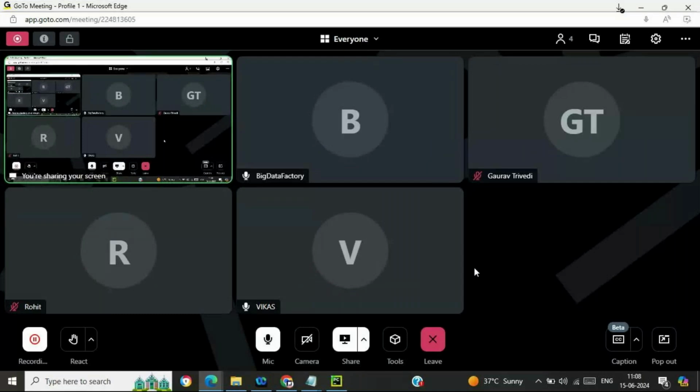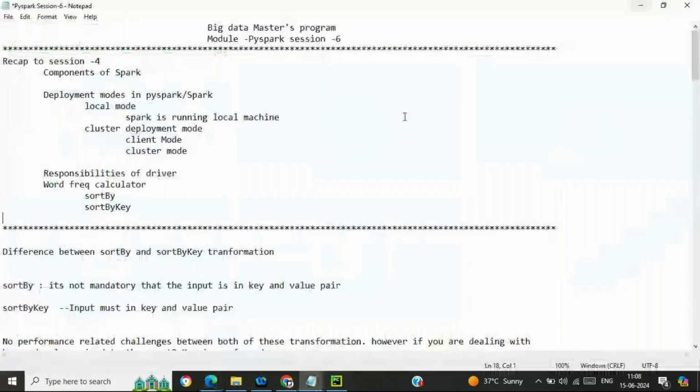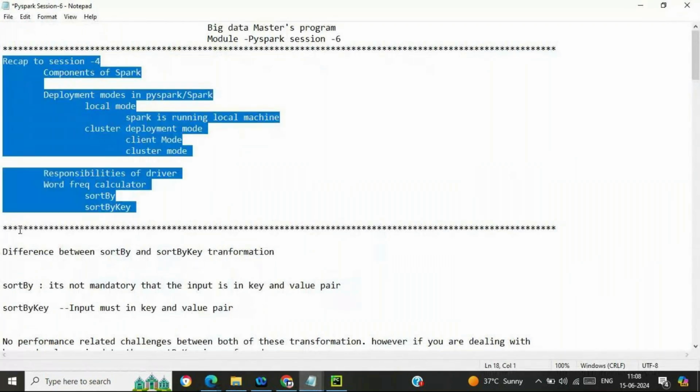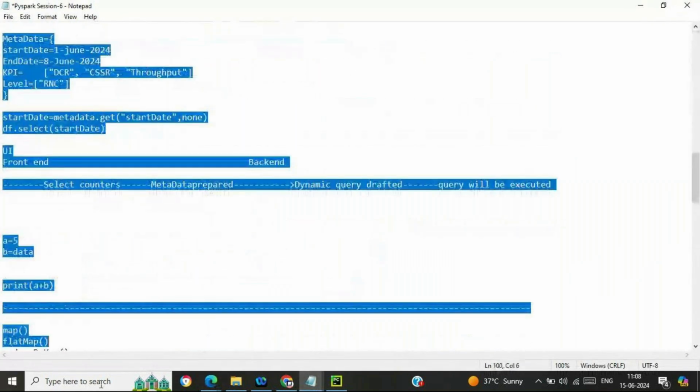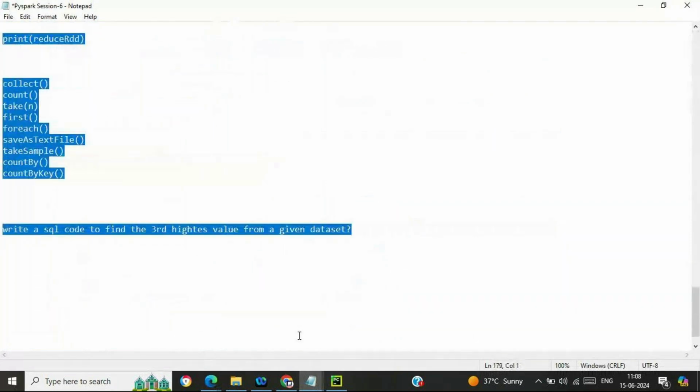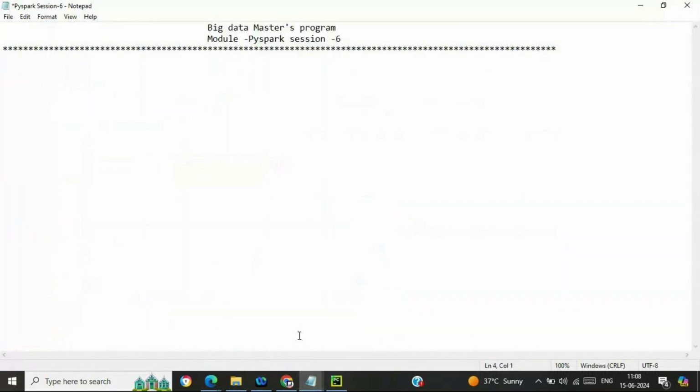Okay, so good morning all and welcome back to the session. This is the Big Data Masters program and we are going through PySpark, and this is our session 6. So friends, in the previous session we have seen multiple actions and transformations on top of RDDs. And what we were able to get over there with the help of that particular stuff, we were able to perform